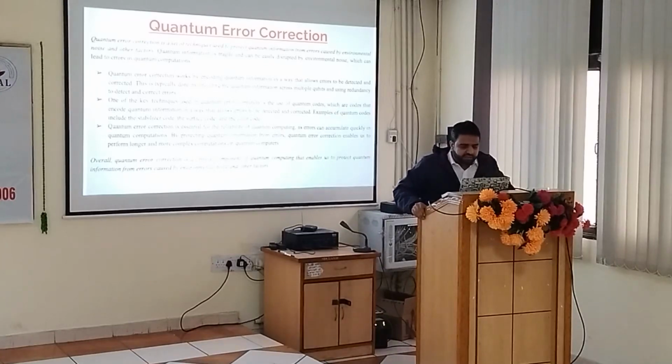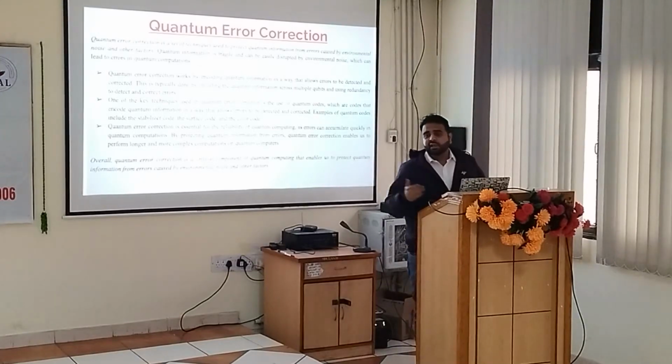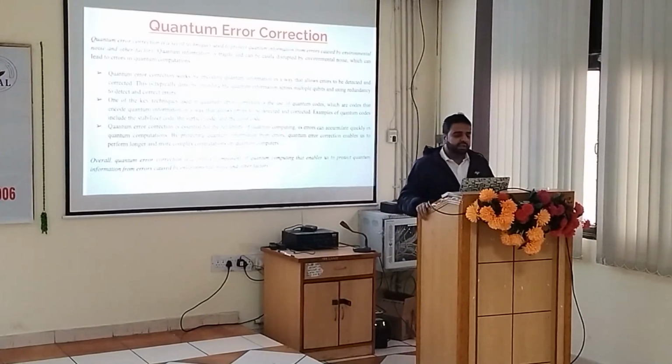Quantum information is fragile and can easily be disrupted by environmental noise, which can lead to errors in quantum computation. Again, if the result is not accurate, then it is of no use. We require accuracy of certain levels in order to accept the solution. If we get a solution with 60% accuracy, we will not accept it. We have a certain threshold: if the classical is getting 80%, at par 80% accuracy should be acquired by these quantum algorithms. Only then will we shift to it. So this error correction is there.